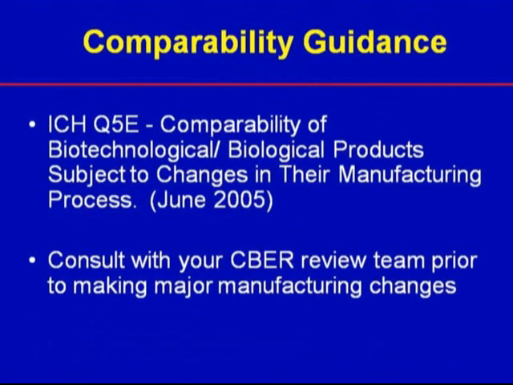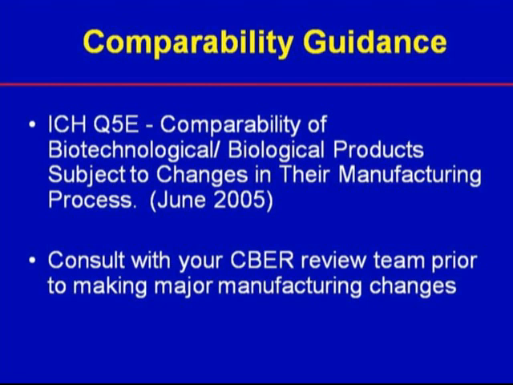Unfortunately, there is not enough time in this presentation to thoroughly cover comparability issues. However, there is guidance available on how to determine comparability following manufacturing changes. Please consult ICH Q5E, Comparability of Biotechnological and Biological Products Subject to Changes in Their Manufacturing Process, published in June 2005. And please consult with your CBER review team prior to making major manufacturing changes that could potentially affect product safety or efficacy. I'll emphasize again how important product characterization is to understanding the relationship between product quality attributes and